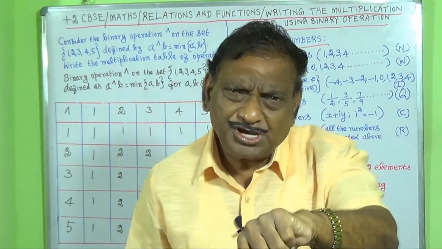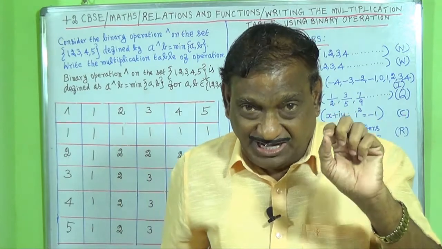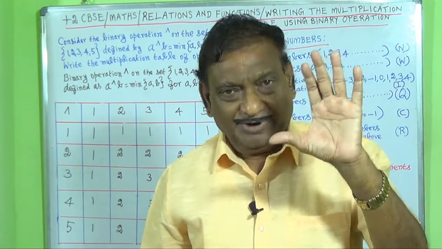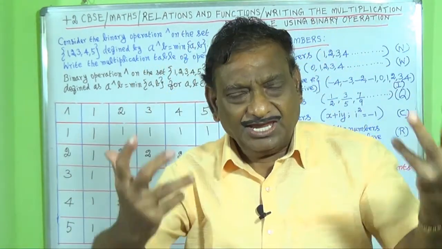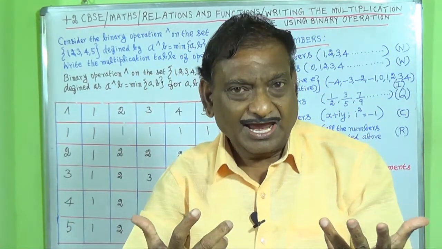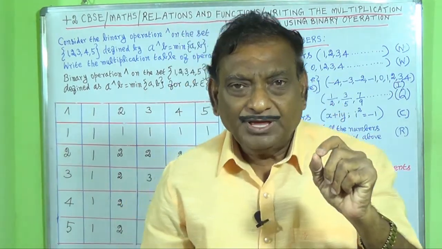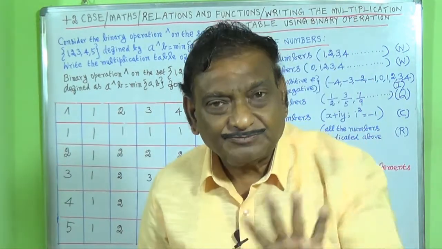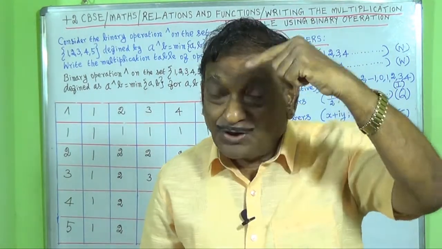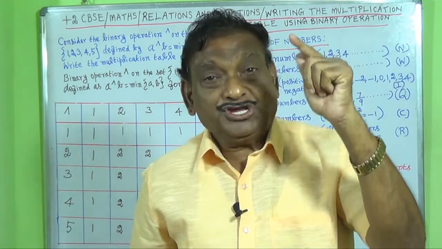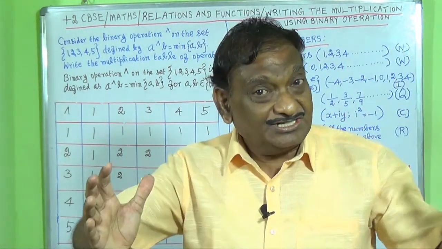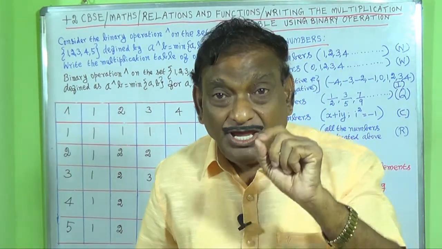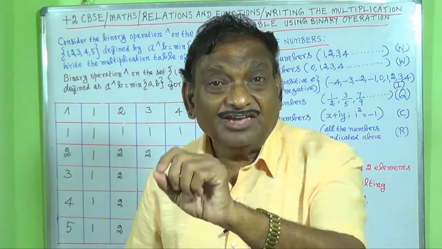What is binary operation? A set will be given. In the set, there will be some elements. We can take any 2 elements and we should perform the binary operation as described in the question. After performing the binary operation, we will get a result. That result we obtained should be included in the given set.